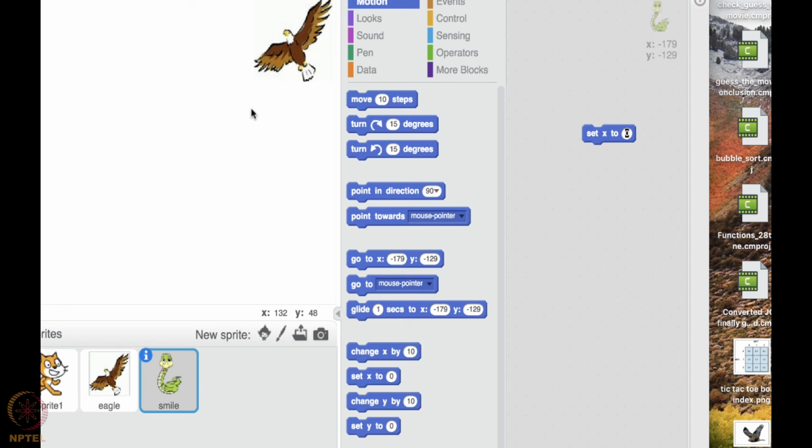You want it to get adjusted automatically. You want to adjust once and set it, and once it is set, that has to get adjusted automatically. That is what you want them to do, right? So that is why we are setting it. So X is -179 and Y is -129. So set Y to